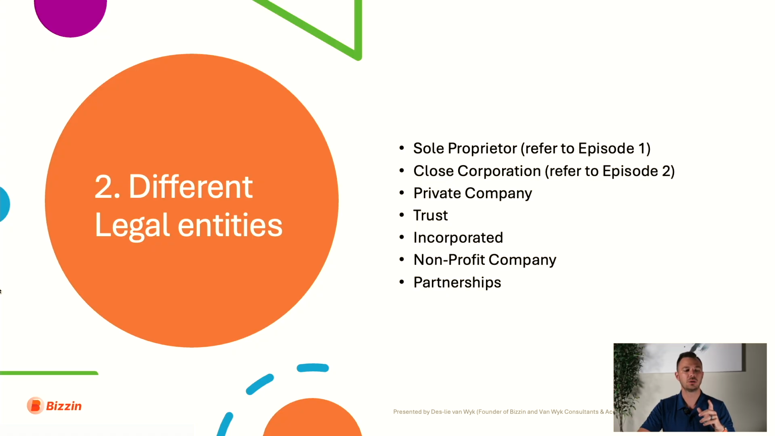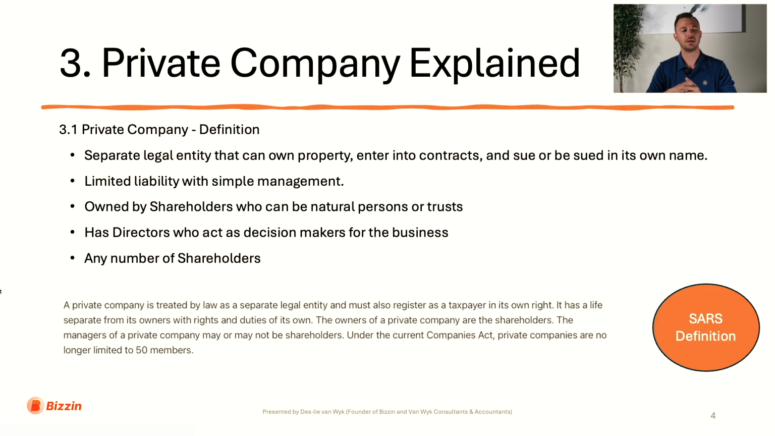Then the different legal entities that we are covering in this series are your sole proprietor, your closed corporations, which you can go back to in episode 1 and 2 just to hear more about that. And then today we are doing private companies, and then we'll touch in the future on trusts, incorporated, non-profit companies, and partnerships. Great, so if we're just jumping into a private company explained, so the same as a closed corporation,